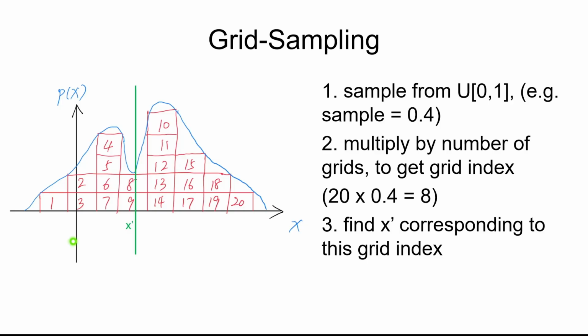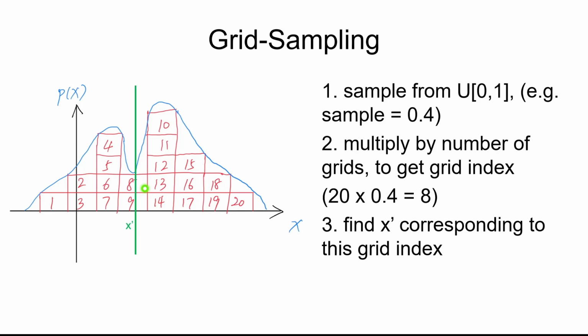We can sample uniformly from this uniform distribution. For example, if we get 0.4, then we can find which grid corresponds to this 0.4. In this case, it's 8 because we have 20 blocks, or 20 grids, and multiplied by 0.4, we get 8. So that's the index for the grid we sample. And then we find the x value corresponding to grid 8, and we get this sample as the sample